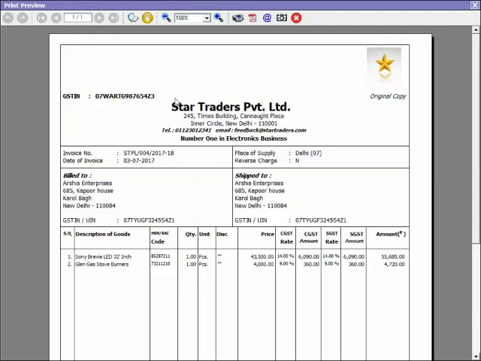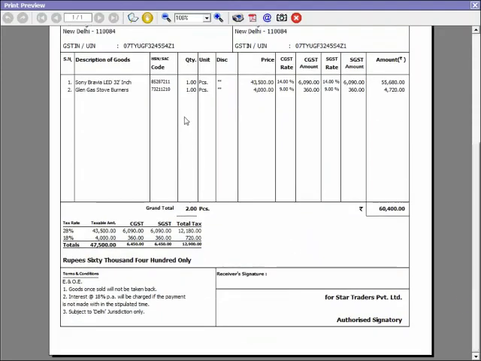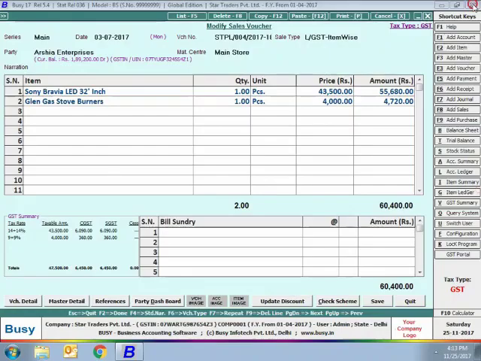Image is appearing on the top right side, and the top left and center space is left blank as we have selected the option of create space. Similarly, discount column is appearing. You can see columns for only CGST and SGST are appearing. No column for IGST is appearing as this is a local transaction, and we have selected the remove unnecessary GST columns option in the invoice body section configuration.